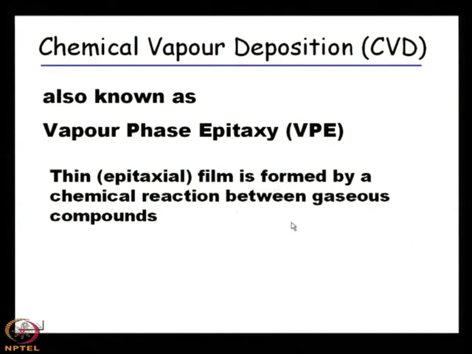Okay. So, one important aspect of this CVD is that you can make epitaxial film out of CVD, because we are discussing the epitaxial techniques of film growth, and in our last class we have covered liquid phase epitaxy, and in the next day we shall cover molecular beam epitaxy. Today we shall devote our attention to chemical vapor deposition, or the CVD.